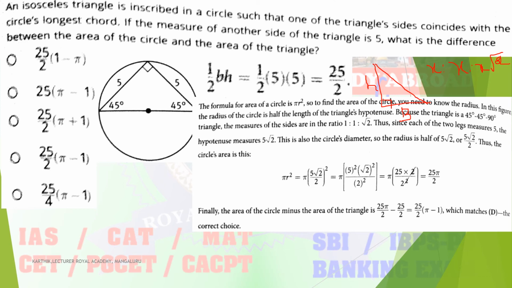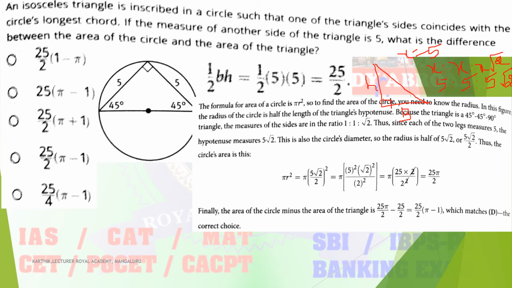Okay, so here x is nothing but what? The opposite side. What is that? 5. So here also the 45 side, so what is the x value? Based on the relationship, 5. So this is 5, so 5, 5 and 5 square root of 2, that is the relationship, 5 square root of 2.